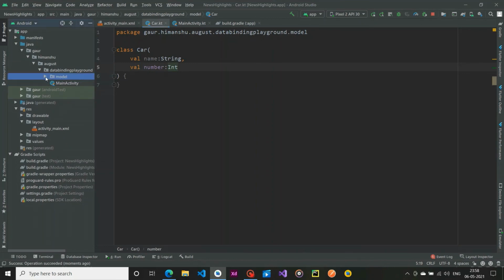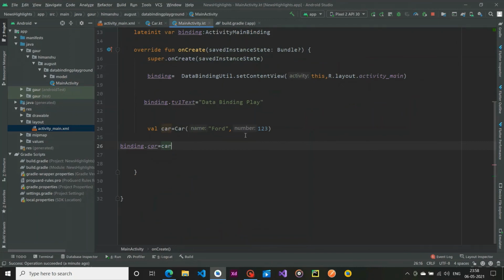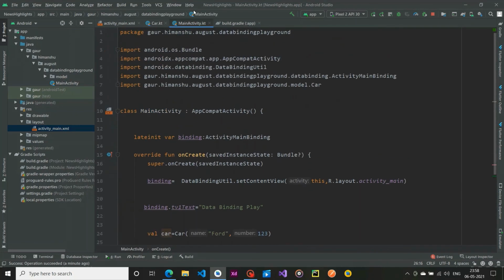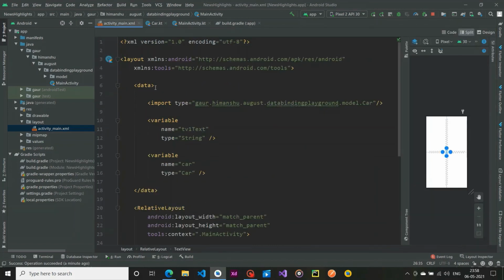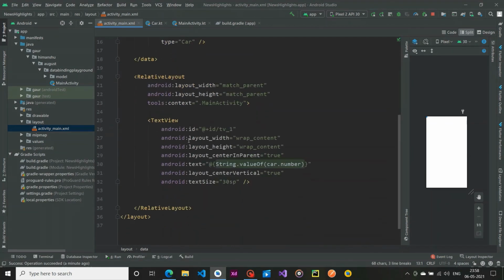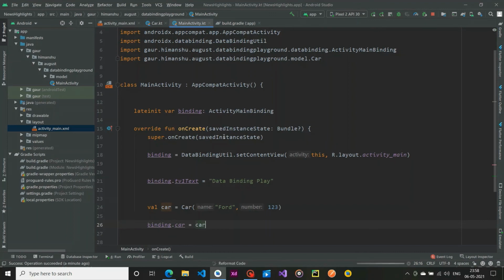It is very helpful using data binding because you can simply bind our data from our Kotlin main activity or Kotlin file to these layout variables, and then access this custom model class throughout our whole layout. So it will basically provide us flexibility in our code, and instead of writing a lot of boilerplate code, we use data binding, so it will provide us a lesser amount of code which is very well manageable.